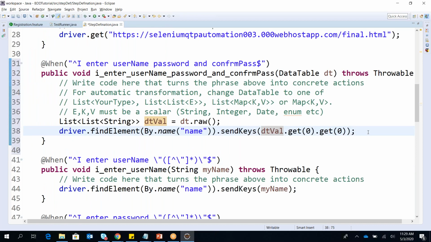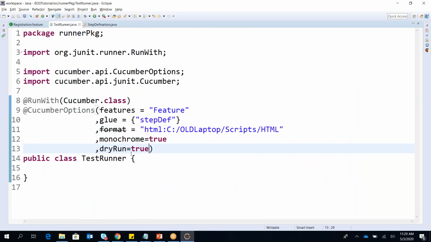Now before that, we just try to execute this. If we remove that dry run, and we execute this code, let's see whether it works.